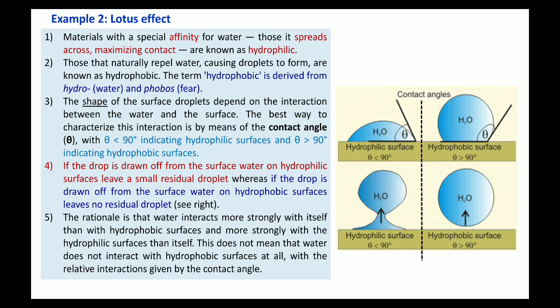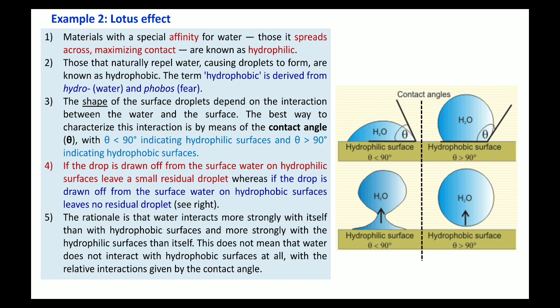It is shown in terms of contact angle. On the top right-hand side image you can see the contact angle for a hydrophobic surface is greater than 90 degrees. So if the contact angle is greater than 90 degrees, then you can call it a hydrophobic surface. Basically there are two types of surface: one is a hydrophilic surface and the second is a hydrophobic surface.